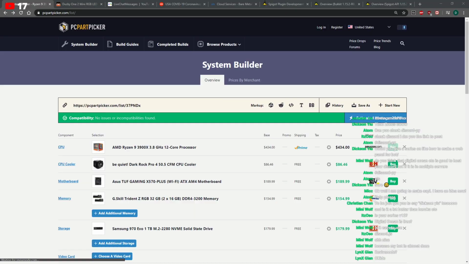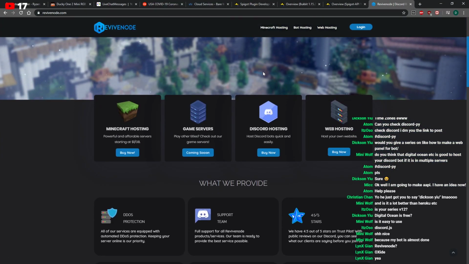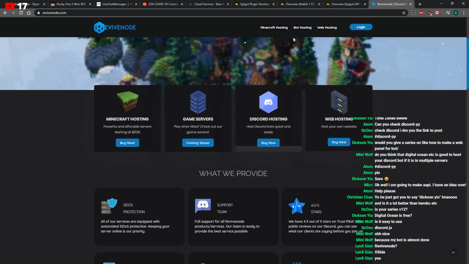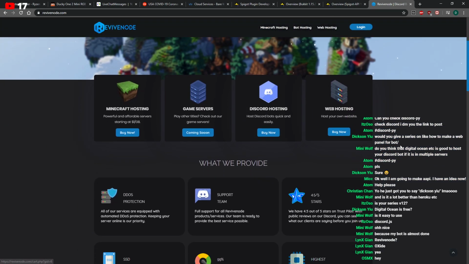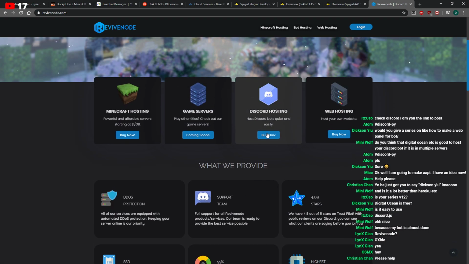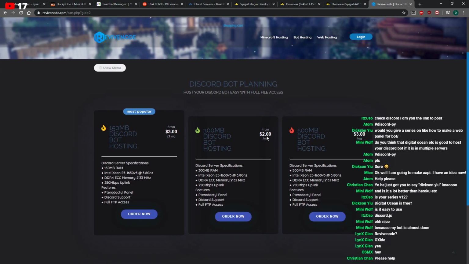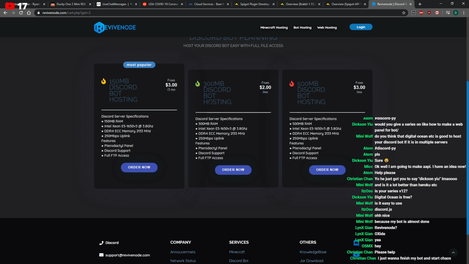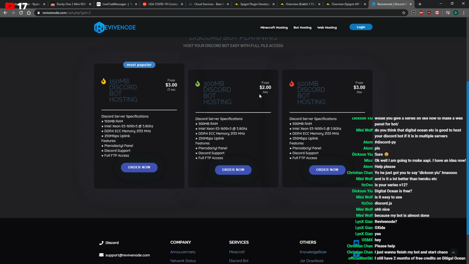Let's take a look at it. Game servers, Discord hosting. Oh, so these are like dedicated hosting servers. I'm talking about a Linux, but we could probably do something like that. I've never used it before, but I would have to look into it. $3 a month, you get 150 megabytes of RAM. There are different tiers. Hey OSMX, welcome to the stream.